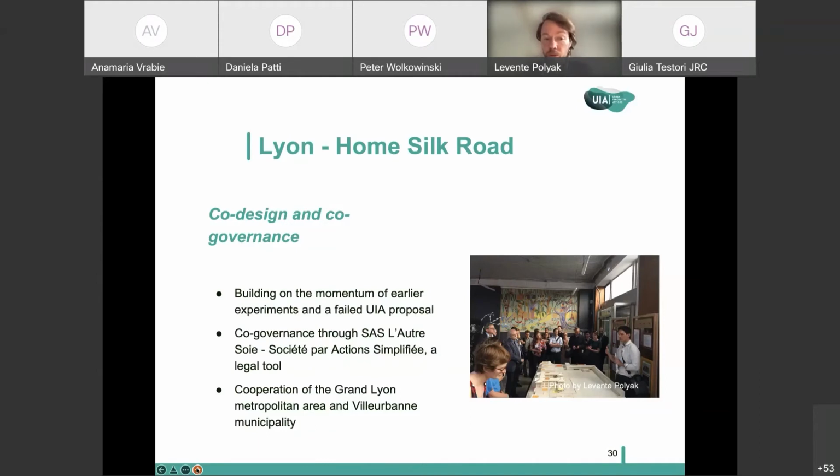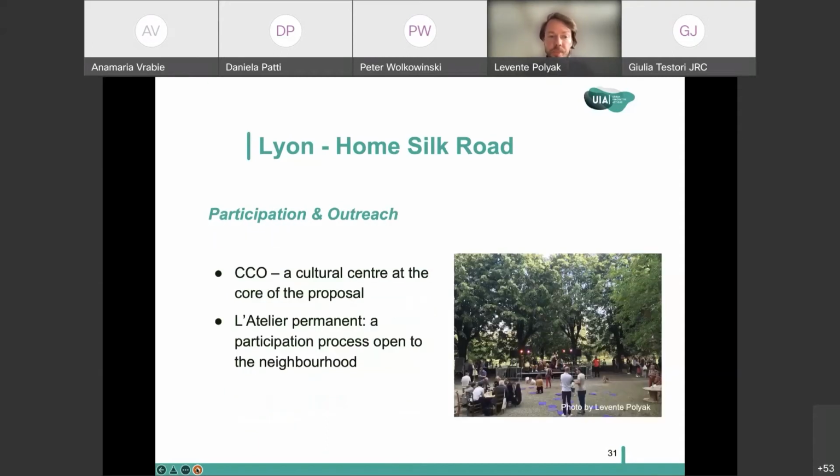And also, of course, a very good cooperation between the Grand Lyon metropolitan area and Villeurbanne municipality in terms of complementary competences when it comes to city planning, social services, etc. And the other aspect, when we talk more about the